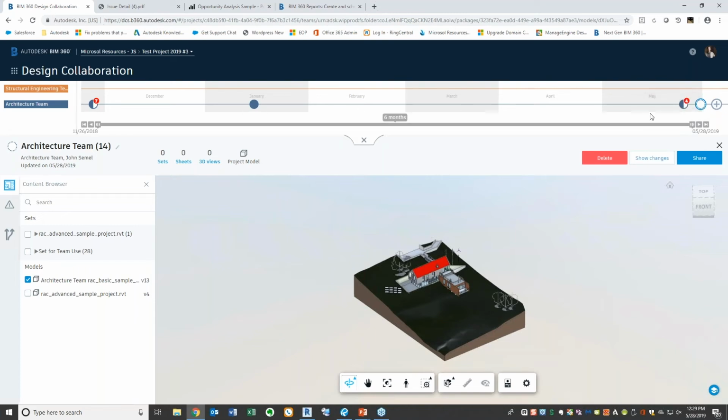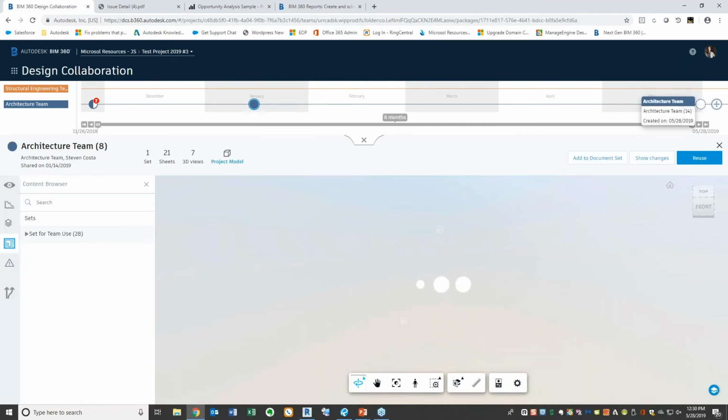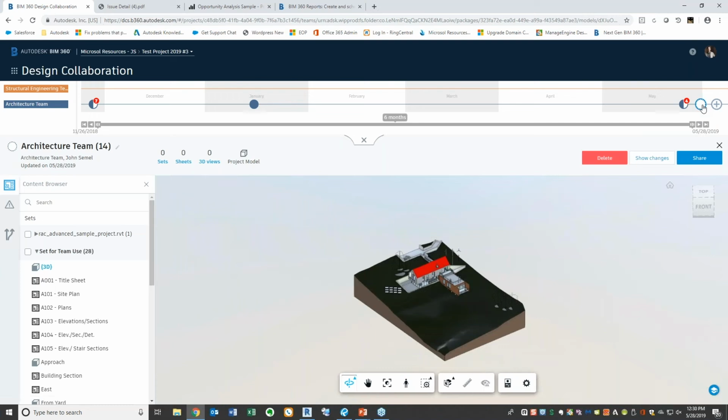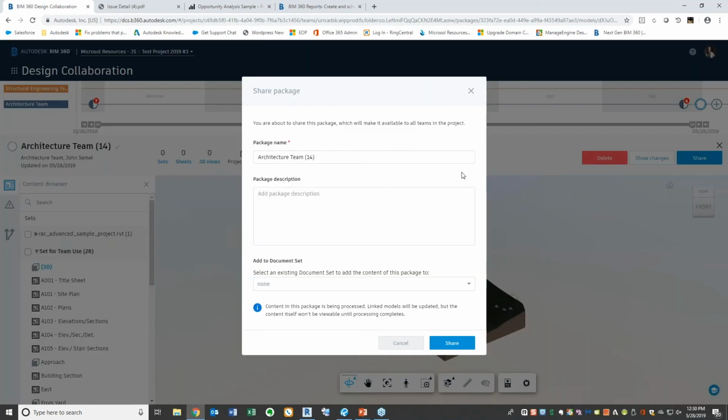So one thing to keep in mind is that when it's this dotted symbol, which we see here, that means the package is created, but it is not yet shared. Sharing the package, just so you know, means sharing it with other teams. It doesn't necessarily refer to creating a web link that a third party can observe. So if we share this package,